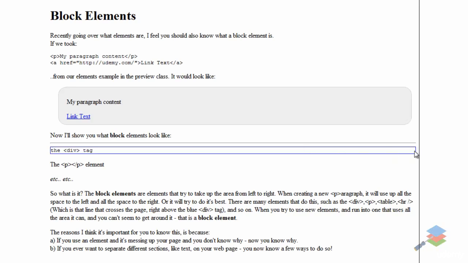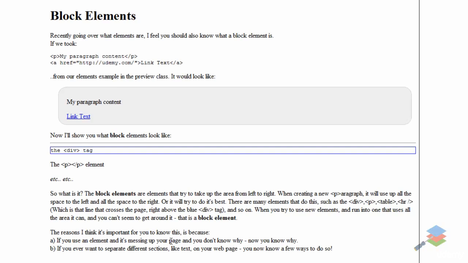There could be a column that separates left navigation from the content that uses a div tag or a paragraph. In that case, the block element will still try to take up as much space as it can, and it will push all the way to the left, all the way to the right, and if you try to type anything after that, it will show up below that element.